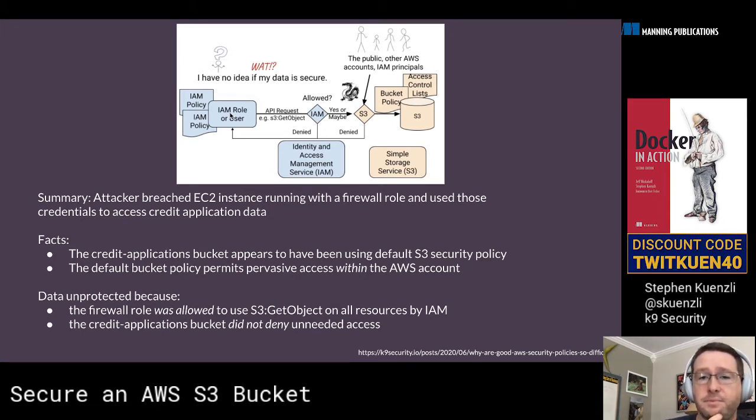In either case, unless there's a deny, if it's allowed or not specified, then the request will proceed along to S3, wherein the bucket policy, we call it, or the resource policy. There's a general concept of a resource policy in AWS where you can put security controls directly at the resource level. And the AWS security engine will take that resource policy and incorporate it into the decision-making process. And that decision may be to allow or deny